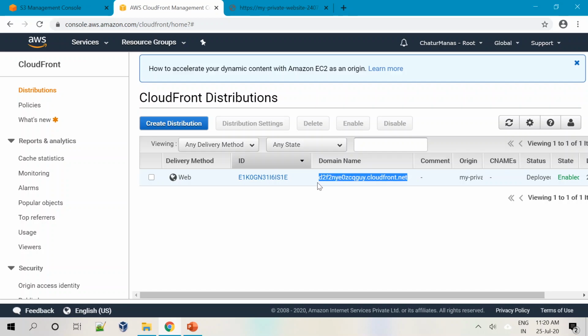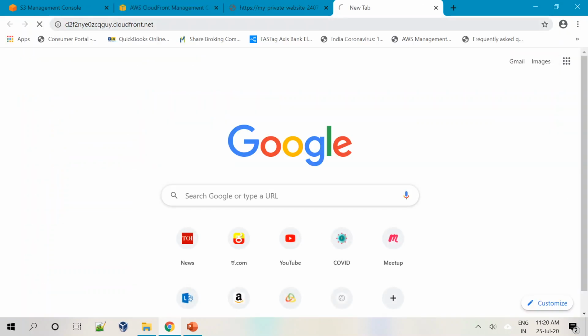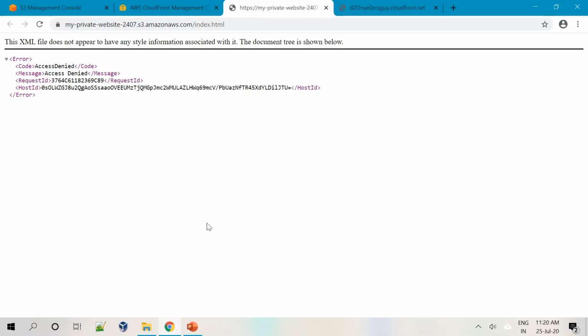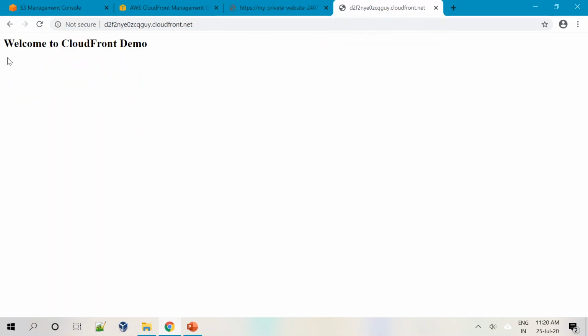for their browsing. Say if I just take this URL from the CloudFront and put it in the browser, it is still working, right? The same content which is private in nature, we are able to safeguard using CloudFront and publish our website, correct? Okay, now we have another challenge with this.